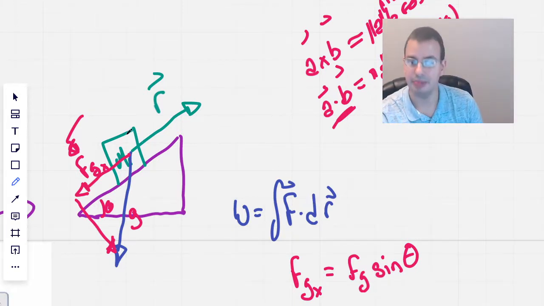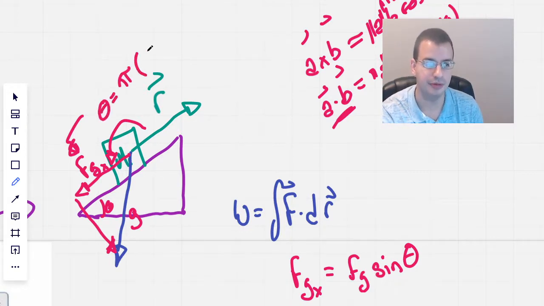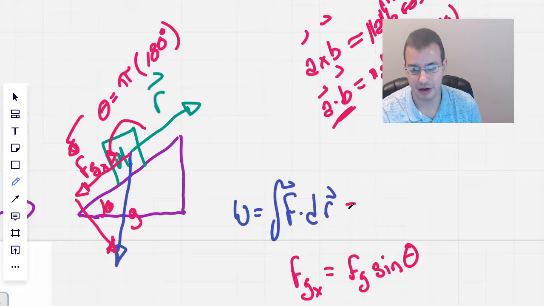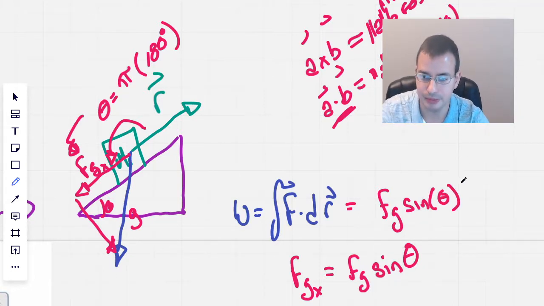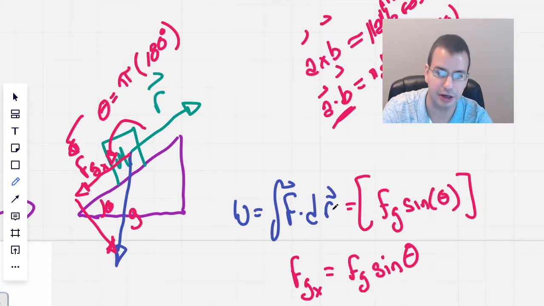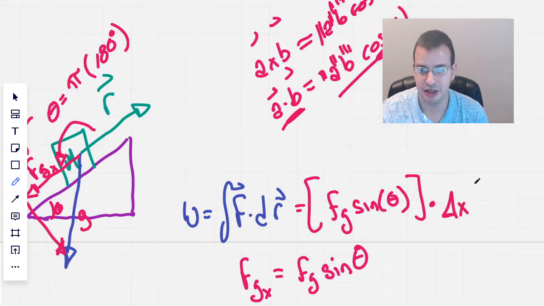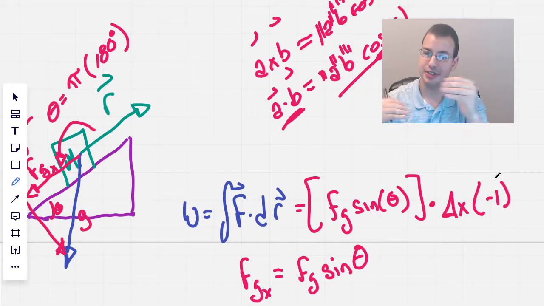So that's how I do it. But then also, these two aren't aligned with each other. Well, okay, they are aligned, but theta in this case doesn't equal 0, it equals pi, or if you prefer degrees, 180. And so what we're going to have here is just FG sine of theta, where we're talking about this theta right here, times distance, which I'm going to call delta x, and then times a -1, because the displacement is opposite from the force